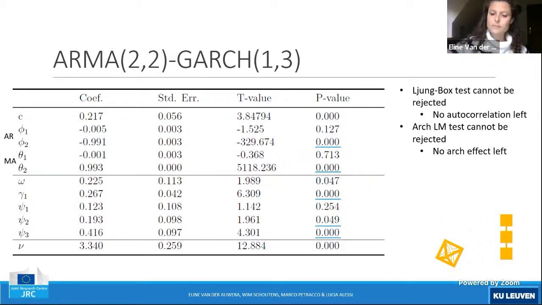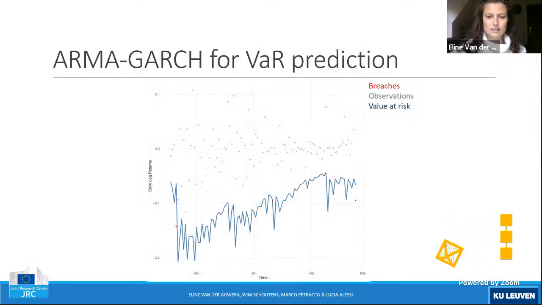Now, one of the nice things about the ARMA-GARCH model is that you are able to make a value at risk prediction. This value at risk prediction is very easily done using the model with a window of the historical prices. And this is a result in graphical terms. As you can see, there are 3 breaches, here, here, and here. And for the remainder, our value at risk works actually perfectly. Because there were only 3 breaches, we can say that our value at risk prediction indeed is a good fit, and it can be used to do risk analysis.